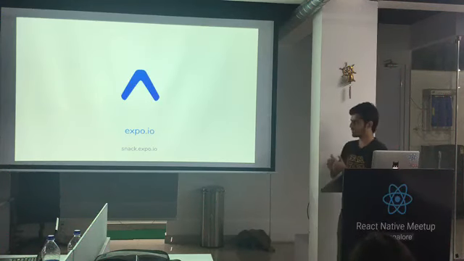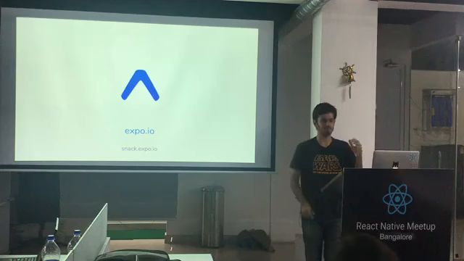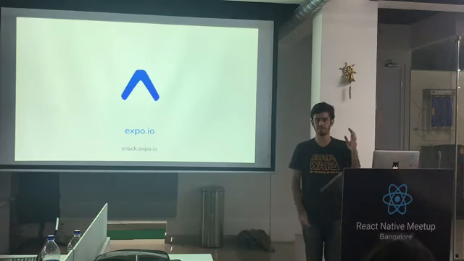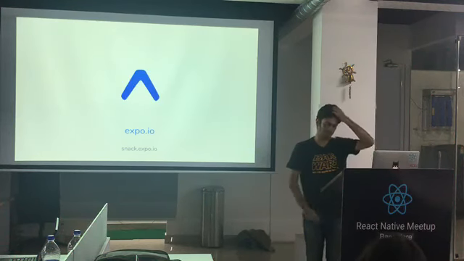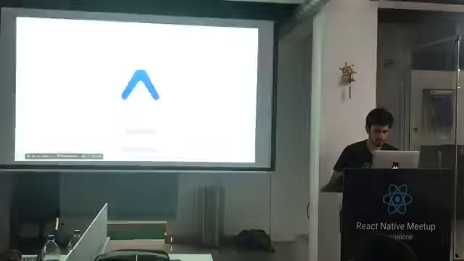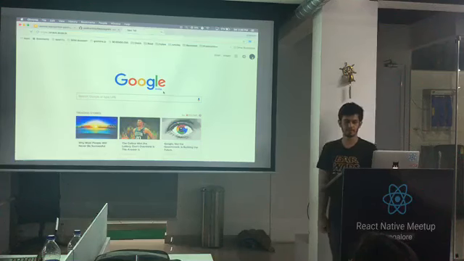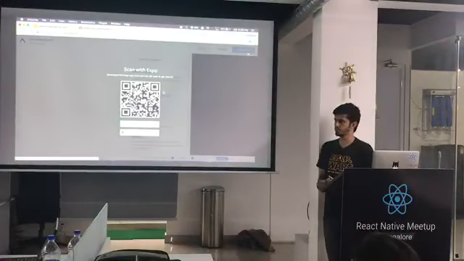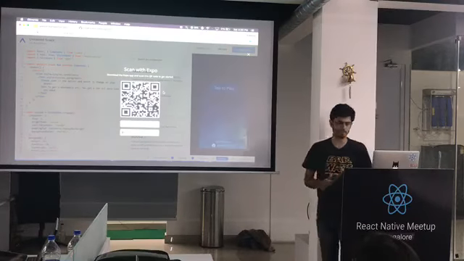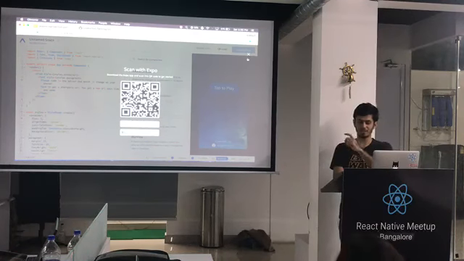So if you open snack.expo.io, it's kind of like a dev environment, something like JS Fiddle or JS Bin or Webpack Bin, one of those browser things. Let me actually open it up here. Very, very good. And I think it's the best place to learn React Native when you're starting out. It gives you an Expo QR code, which you can scan on the Expo app and use it.